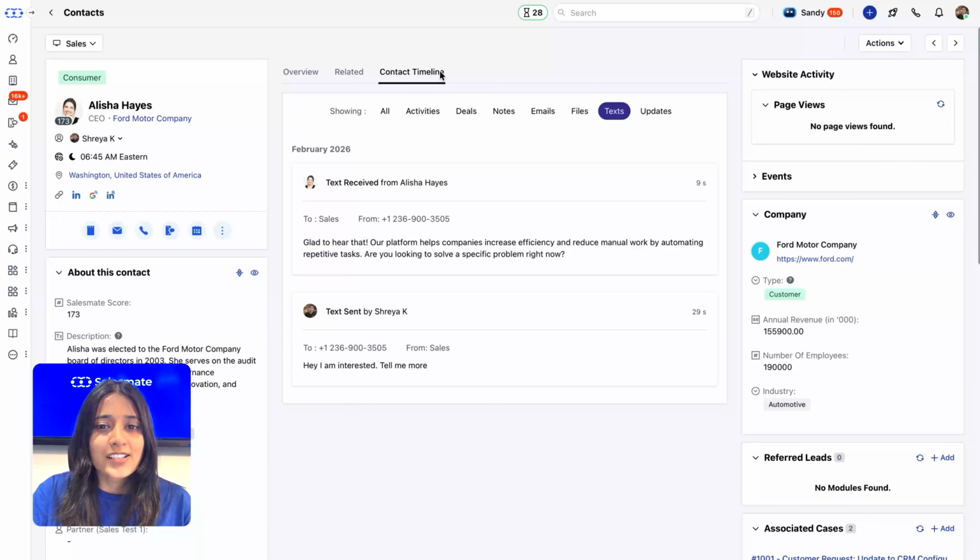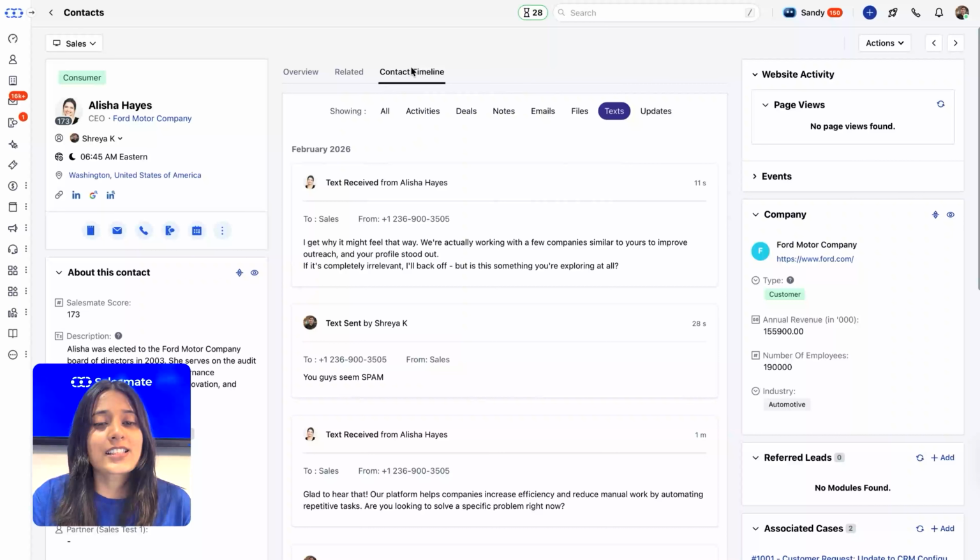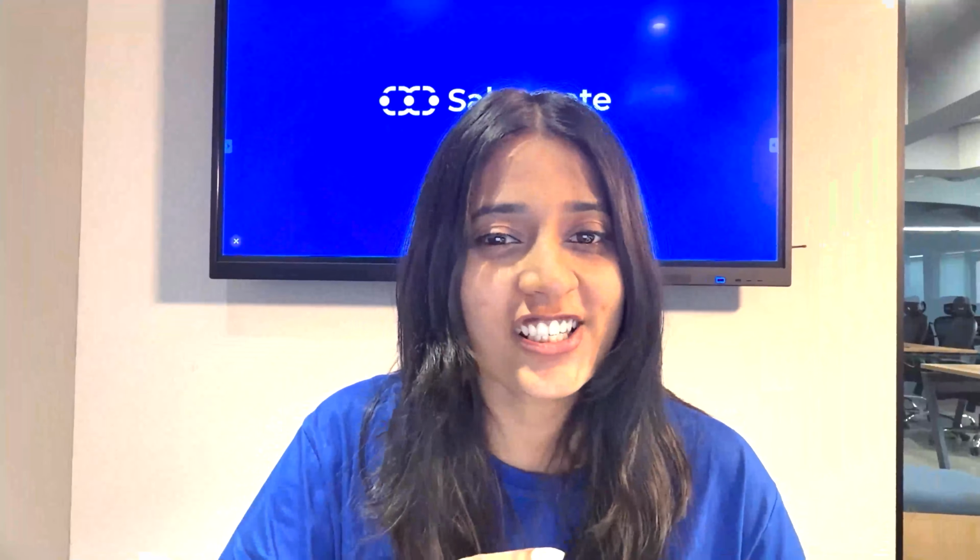So when Alicia says that, the AI agent doesn't panic. It doesn't send a generic, sorry to bother you, or just drop off. Instead, it responds calmly. It acknowledges the concern, clarifies that this is legitimate outreach, and offers value. Maybe some links, maybe some resources. And if she doesn't reply after that, the AI stops. It knows exactly when to back off. But if she replies, say for example, okay, actually now I'm interested, the AI picks that up and continues forward. And that's the key here. It's not just a script, it's true intelligence in how it handles the conversation.